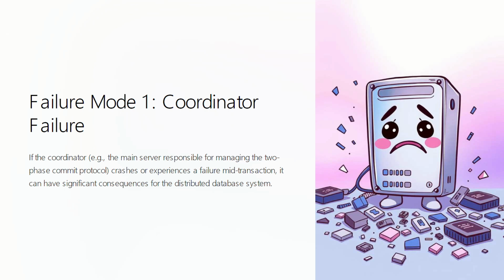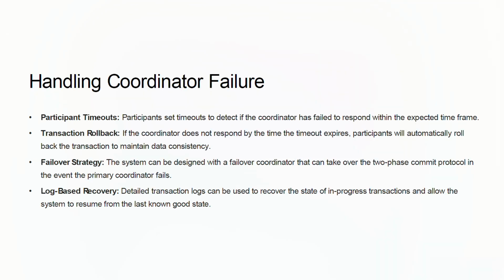How can we handle the coordinator failure? To handle coordinator failure in 2PC, one common approach is to use timeouts. Here is how this works. Each participant sets a timer after they send their response to the coordinator. If the coordinator does not respond with a commit or abort within a certain time frame, participants can detect a failure. Once a failure is detected, participants usually decide to abort the transaction